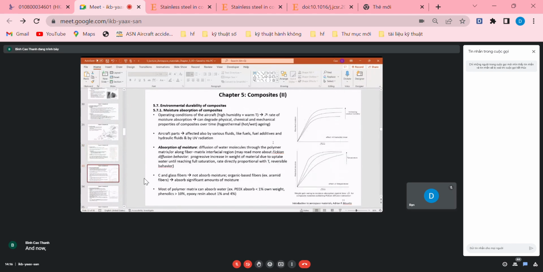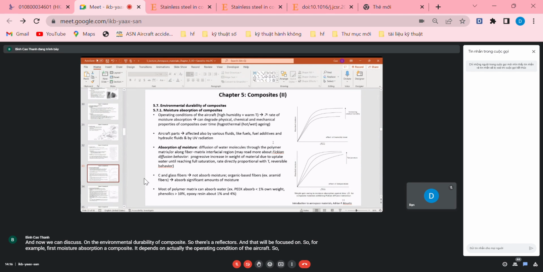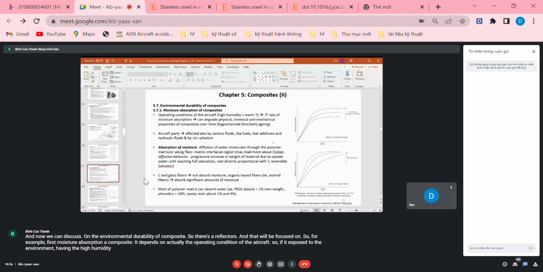And now we can discuss the environmental durability of composite. There are several factors that will be focused on. For example, first, moisture absorption of composite. It depends on the operating condition of the aircraft. So if it is exposed to an environment having high humidity and warm temperatures, it will increase the rate